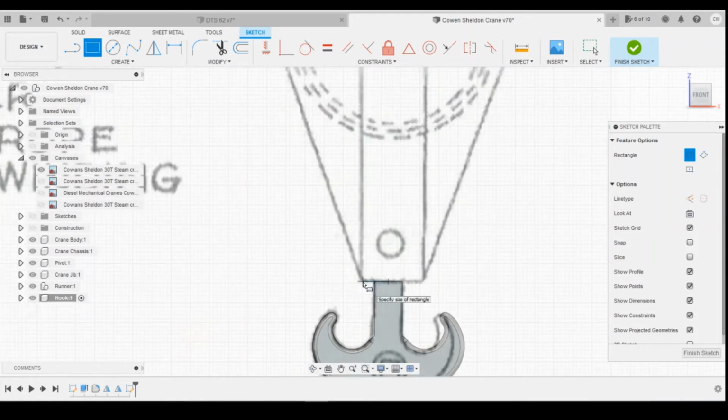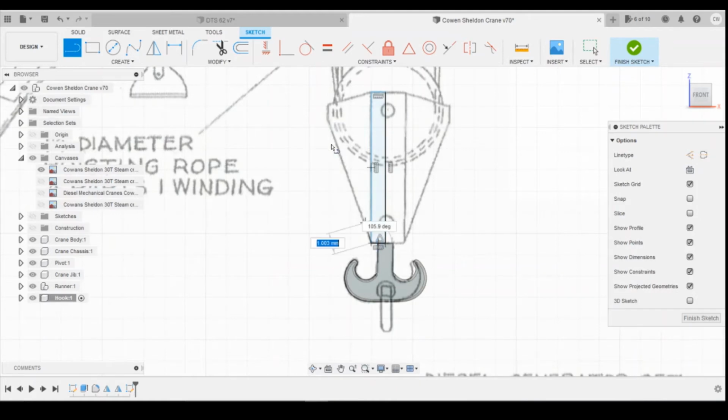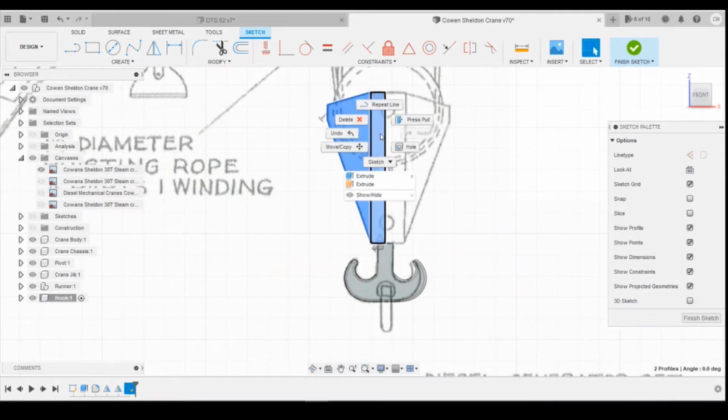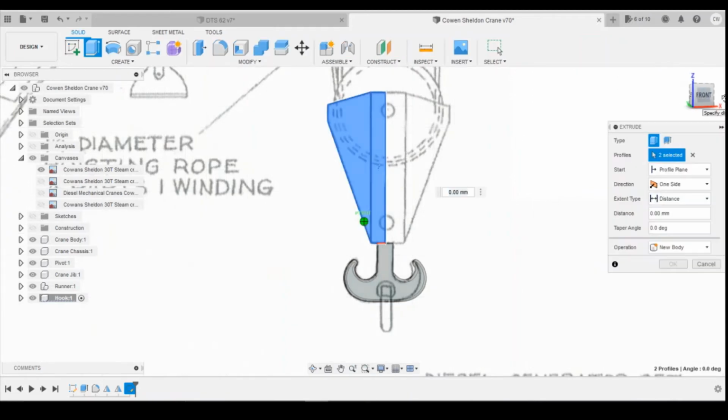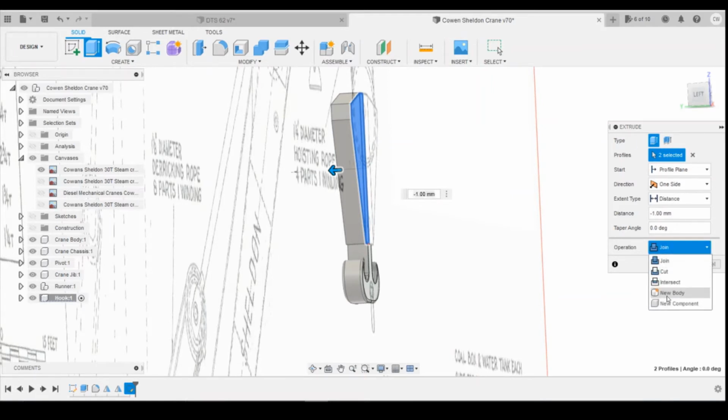Okay, let's go to the top here, and I'm going to use a line to fill this bit in, like so. And then I'm going to extrude that again. I can go the whole millimetre here, and I'm just going to create that as a new body,